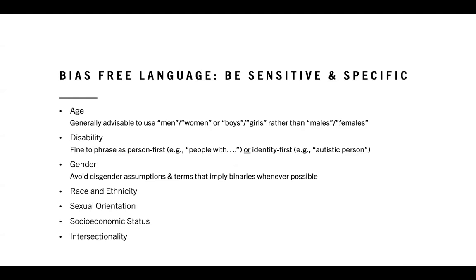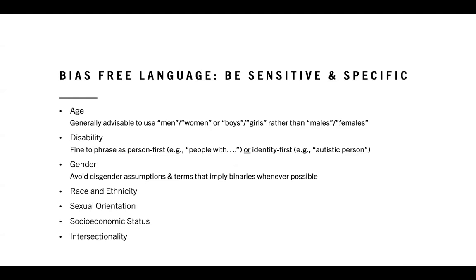And then gender overall, you now want to avoid assuming that gender is a binary construct. So again, as much as possible, try to be inclusive of people who are transgender or identify as non-cisgender, or have different identities than the traditional cisgender assumption that a lot of studies and a lot of scholars have made in the past.